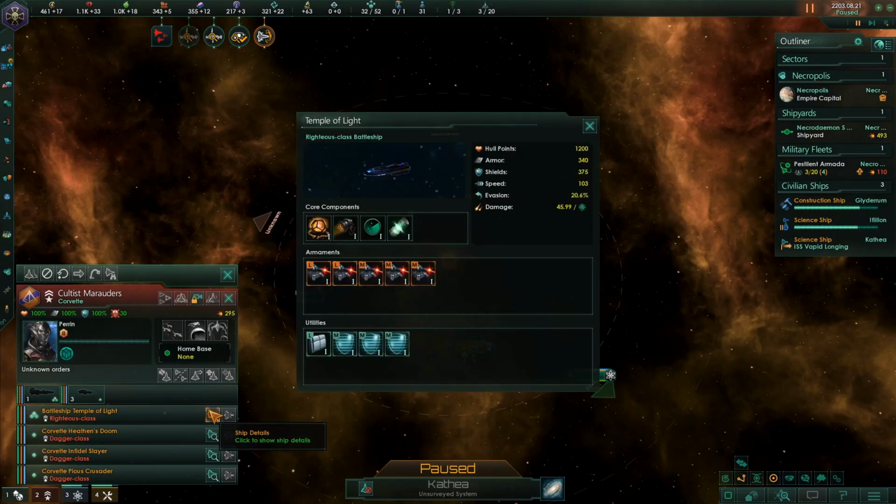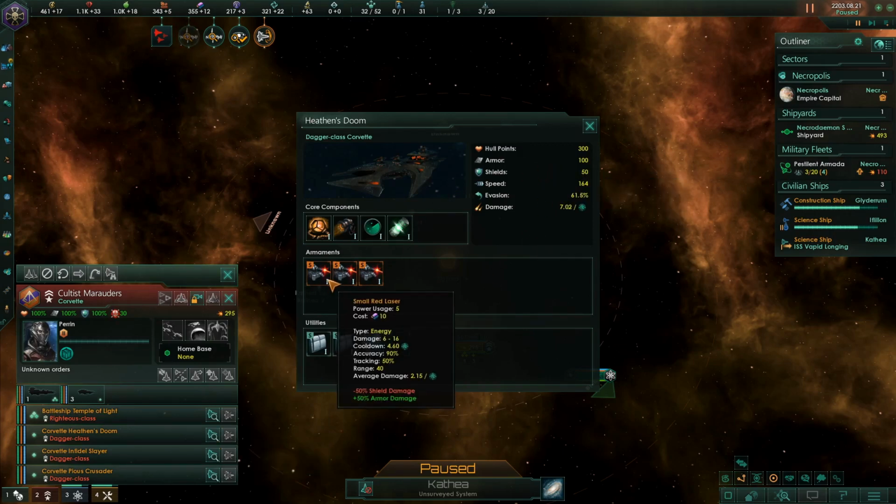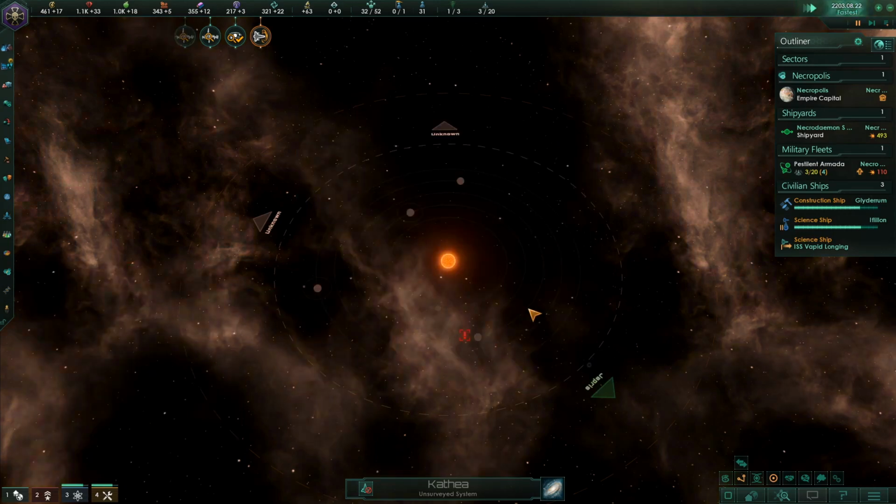What do they look like? They're all armors. Evenly by the numbers they have shields. What do we have here? Dagger class Corvette. They have a battleship. It's got 1,200 hit points, four times as many hit points as their Corvettes do. And they're all basically shooting things that do a lot of damage to armor. So we're going to want...